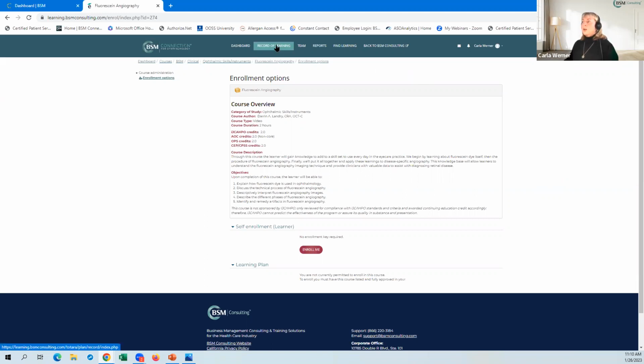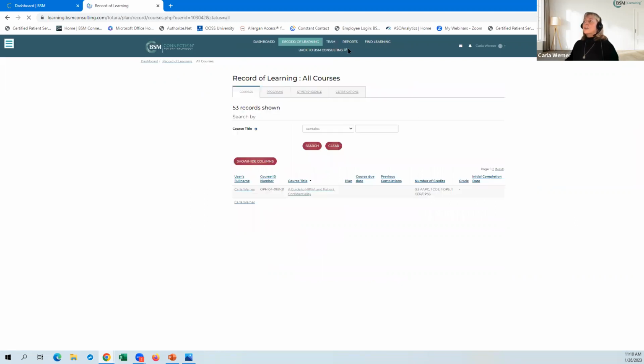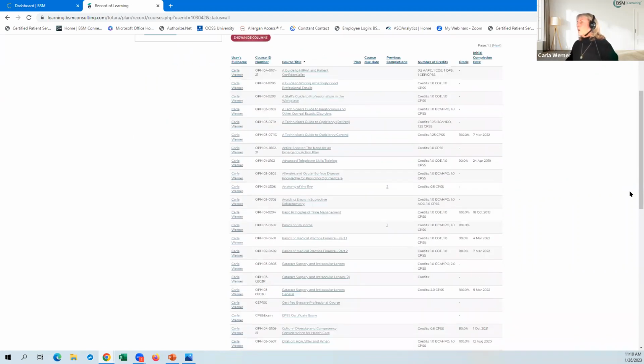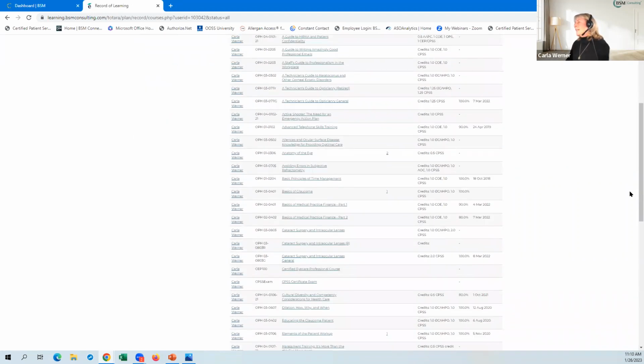So again, we all know when you go to record of learning, that's where all of your completed courses are. So in order to retake a course, obviously the system knows that you've already taken it. So it's not going to allow you to go to find learning and reassign it. So in that sense, what if you want to retake, say,